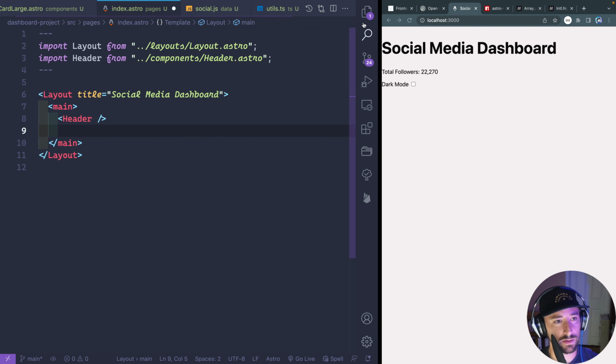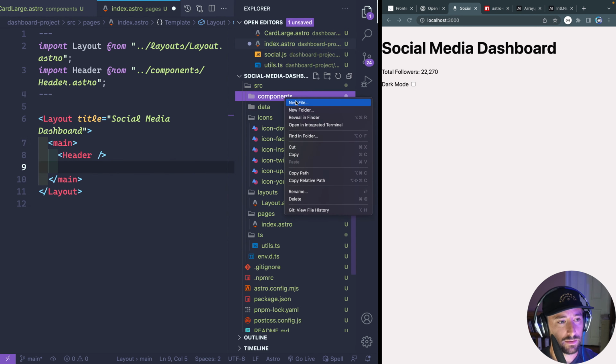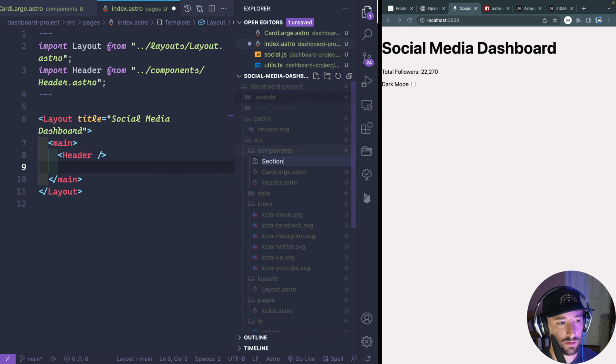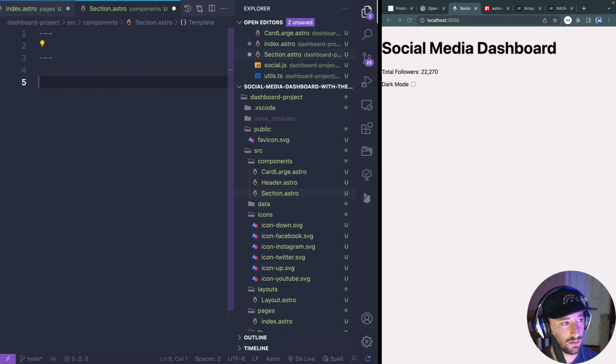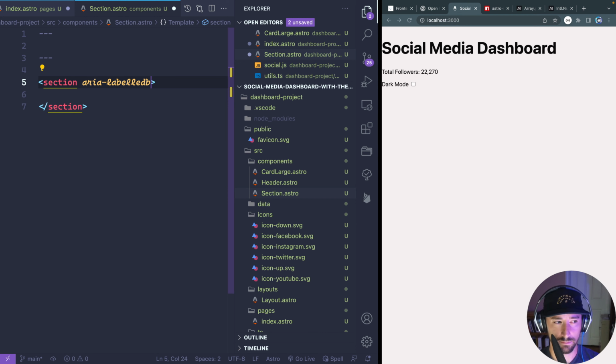So maybe let's also do a section component while we're taking our time. This is how I probably normally do it. So let's just do that. So this section here, I'd have a section. And then in here, I'd have aria-labelledby, I think. And then here I would pass this,